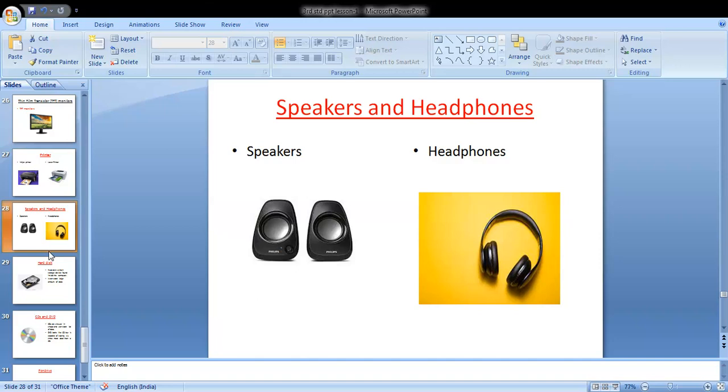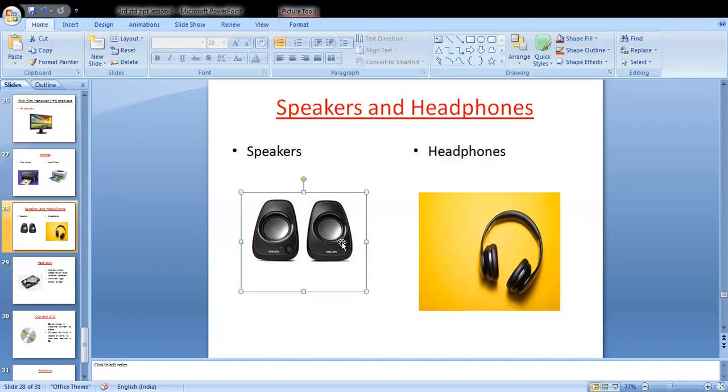Through that you can hear sound. Headphones you can wear, but speakers you can't wear. Those you have to keep on a table, and headphones you have to wear.